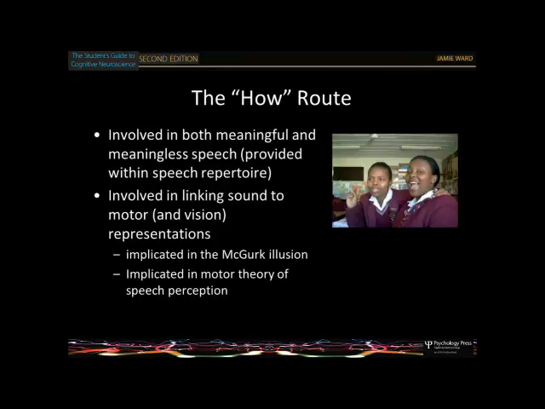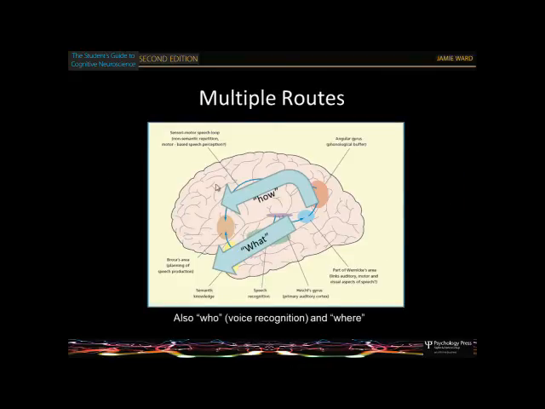So if you damage the end point of this root, if you damage the motor cortex, you can still perceive speech, but it does result in quite subtle problems of discriminating, say, speech in noisy situations. And the idea is that you can use your motor representation when the auditory signal is very ambiguous. So when the auditory signal is fine, you don't need your motor system to help you. But when the auditory system is not giving you a clear answer, as in the McGurk illusion, or if you're listening in noise, then it seems to matter.